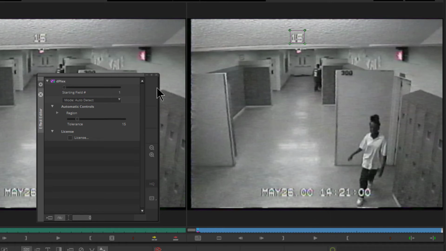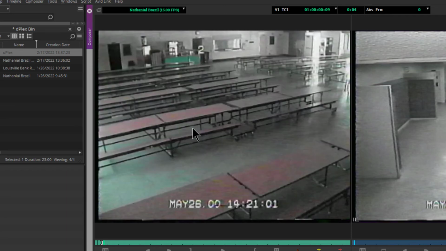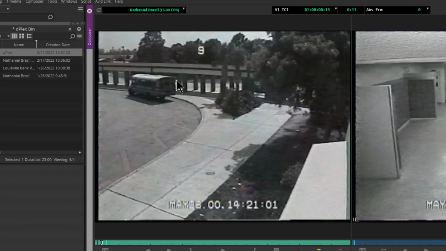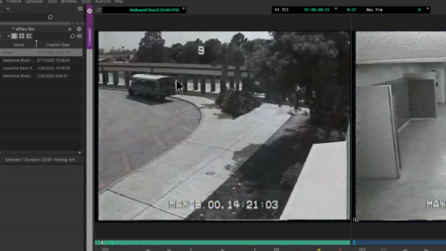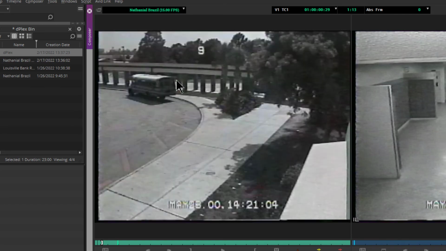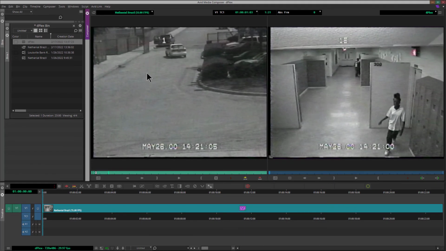If I close the effect editor, and let's go over here to this clip in the source viewer and go forward frame by frame, and you'll see that there are numbers up here indicating that it's going consistently camera by camera from 1 through 16, which means that there are 16 cameras and it's a consistent rotation. So that makes this job a little bit easier. Let's go back to the effect editor,